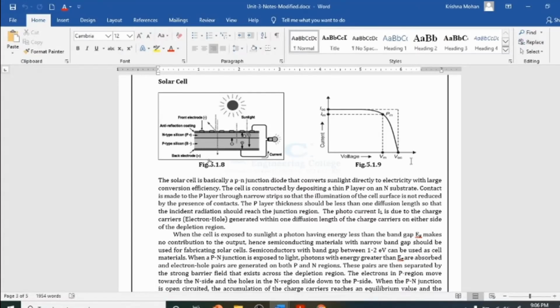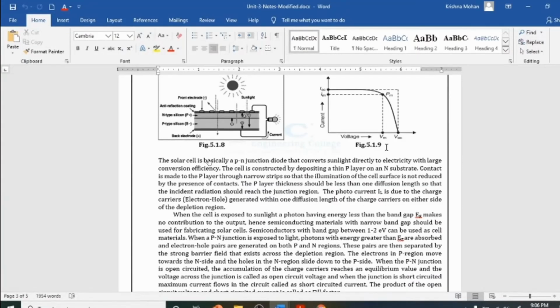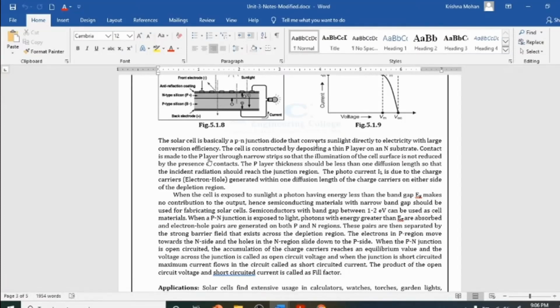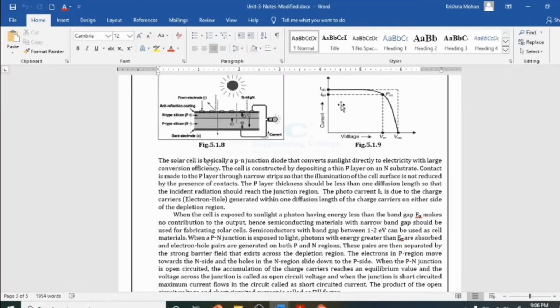The voltage for which the current becomes zero is the open circuit voltage, and there is a product in fact of VOC and ISC, what we call the maximum power. Power is a product of voltage and current. Here VOC and ISC is going to give us maximum power, and here IM and VM are the maximum values that we can get